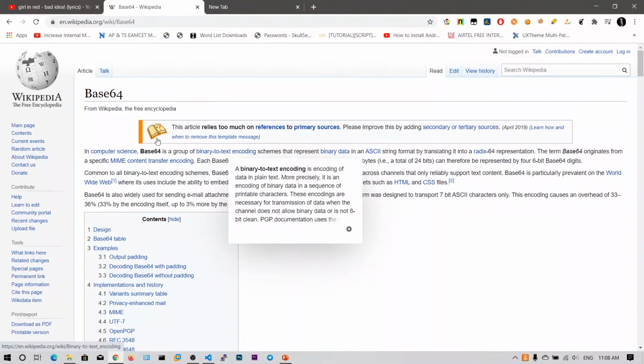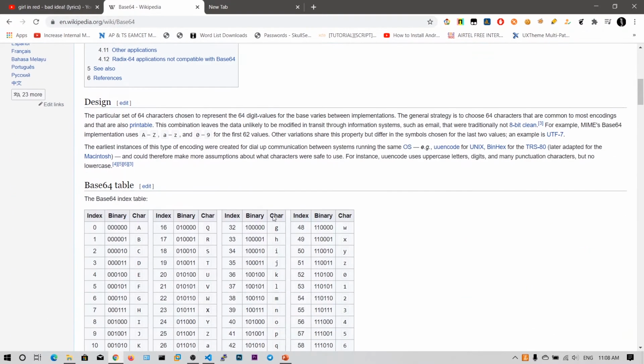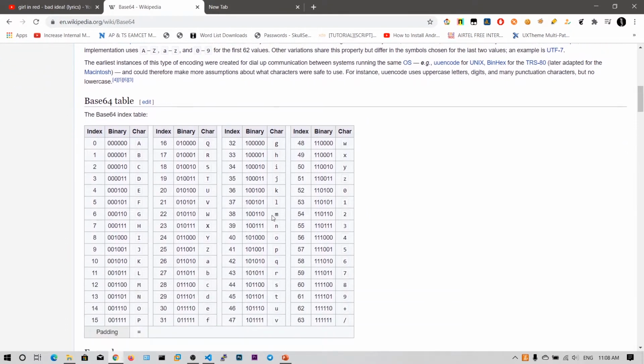So guys, let's talk about this base64 encoding. This is also similar to the ASCII encoding, but with some modifications. In ASCII encoding we have 128 characters, and we have special symbols like tab, space, non-breaking space, the new line character and every other stuff. But base64 does not care about all those special characters.